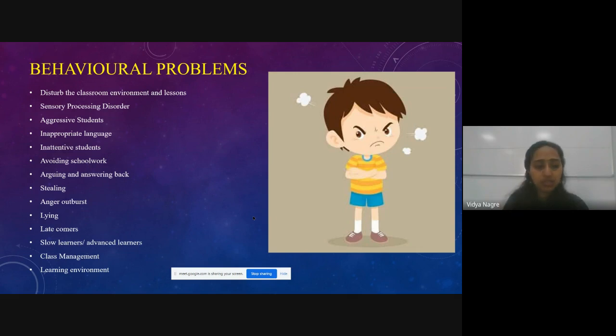Inappropriate language. So, in certain cases, rather than reacting suddenly in the middle of the class, you can have a one-on-one word in a personal space with that child alone. Because if you say something to that child in front of the class, as you have seen in the development phases